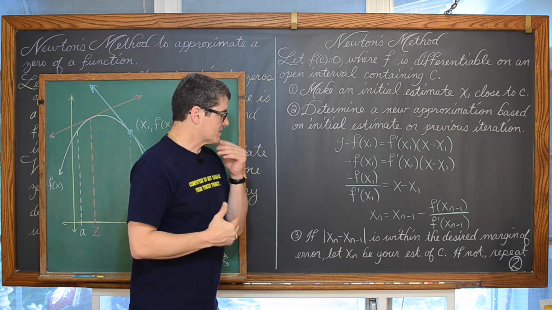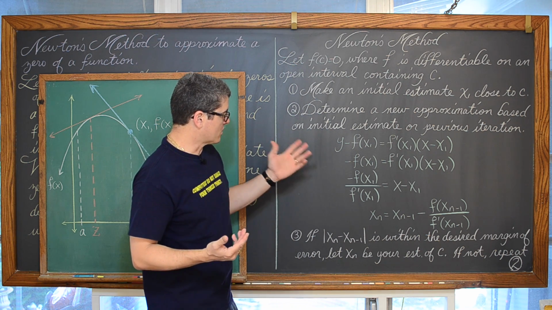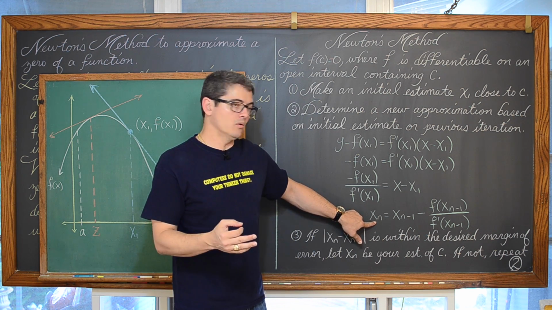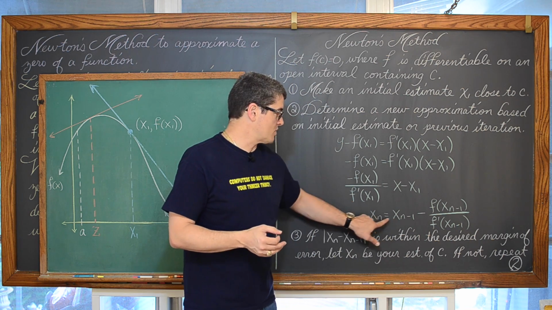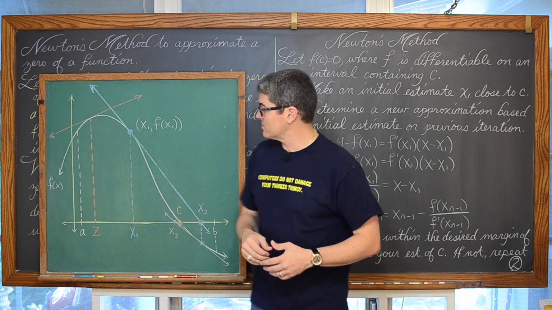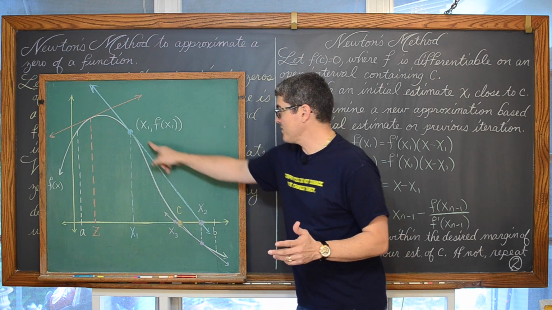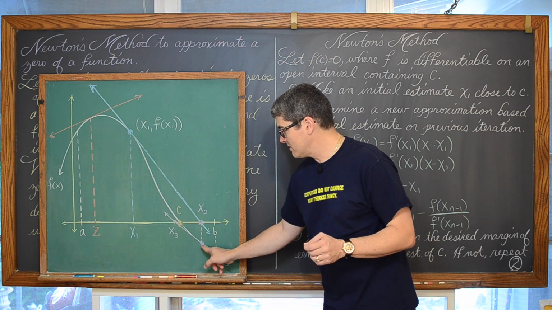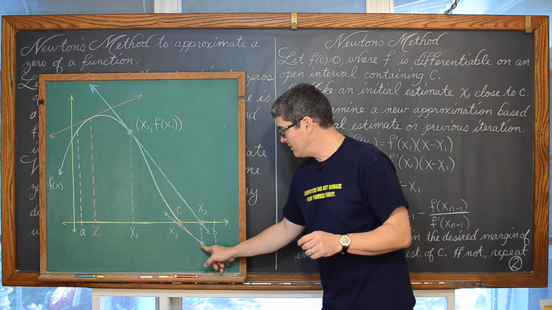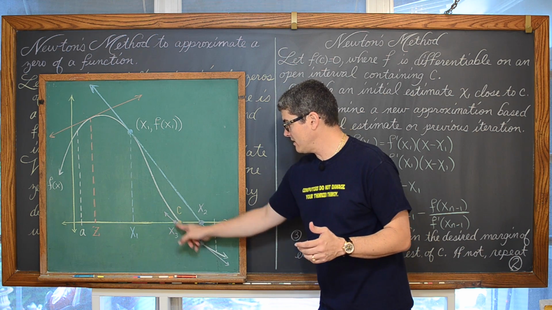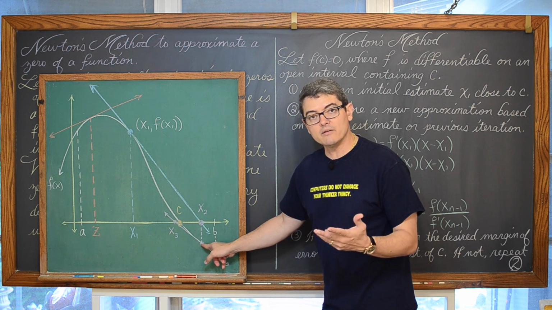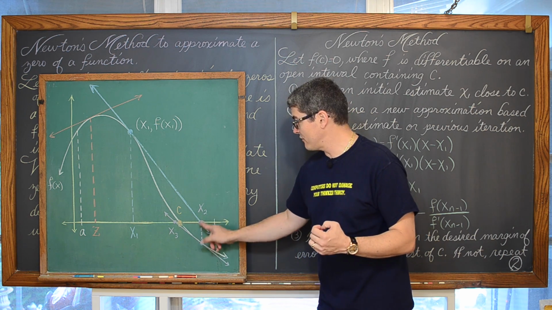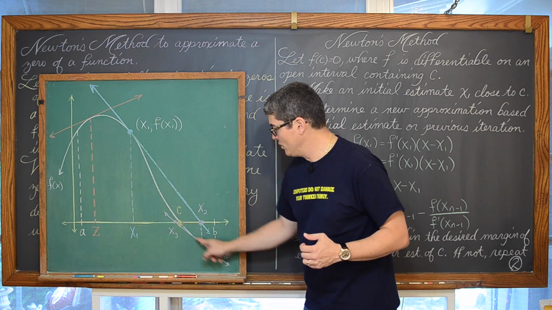So what the heck does all that mean? It just simply means we're going to find a new approximation of the 0 based on the previous one. These subscripts are just basically where you are in a list of values. So take a guess, come up with a tangent line, find out where it crosses the x-axis. From that point, come up with a new point. So we're going to take that x sub 2, plug it into the function, and get a new y value, so a point along the function, a new derivative or a new slope based off of x sub 2 as opposed to x sub 1, and come up with a new tangent line.